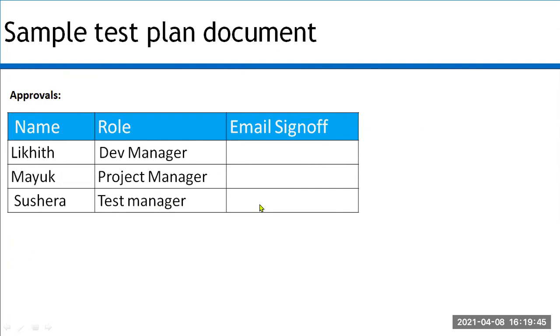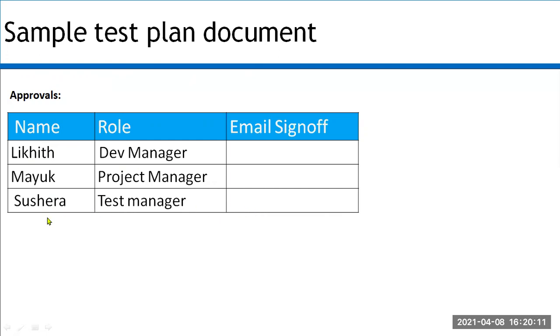He will review our test plan document, and he will provide his sign off. I'm mentioning it as sample approvals, like name, Likit, dev manager, we have to take his sign off. My project manager, we have to take his sign off. Sushira, test manager, we have to take his sign off.